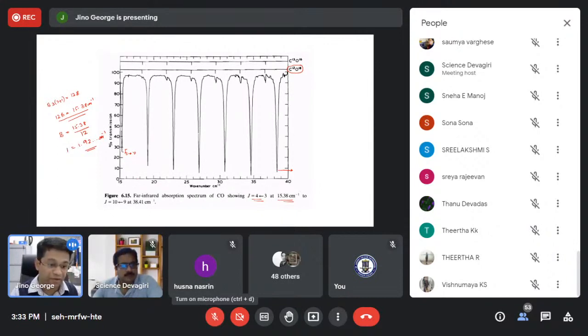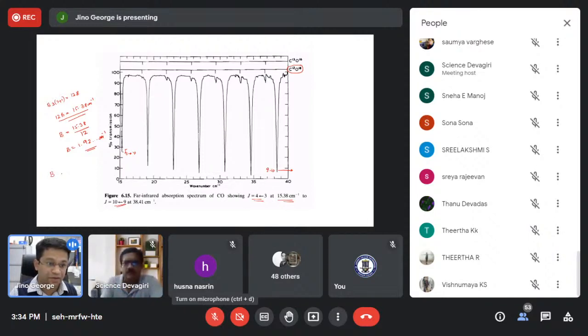Once you know the B, this is B for the rotational transition from 3 to 4, and there are many transitions: 4 to 5 and 5 to 6, all the way up to 9 to 10. You can see this is the 9 to 10 transition. So that means B of 9 will be